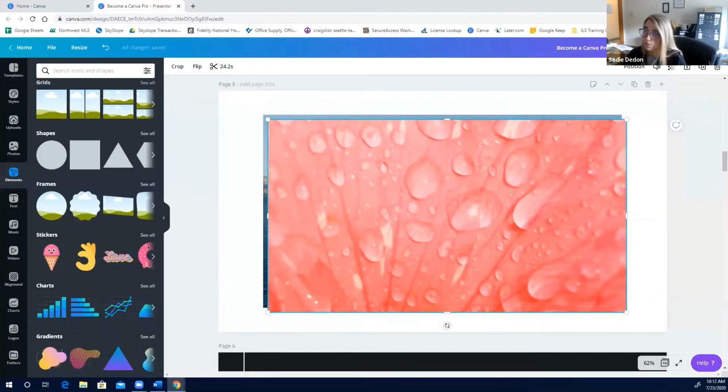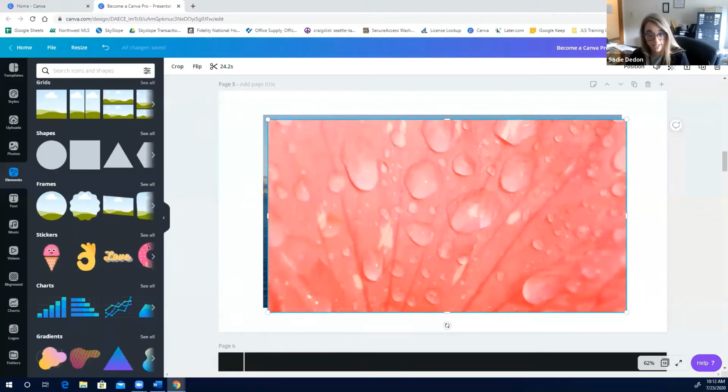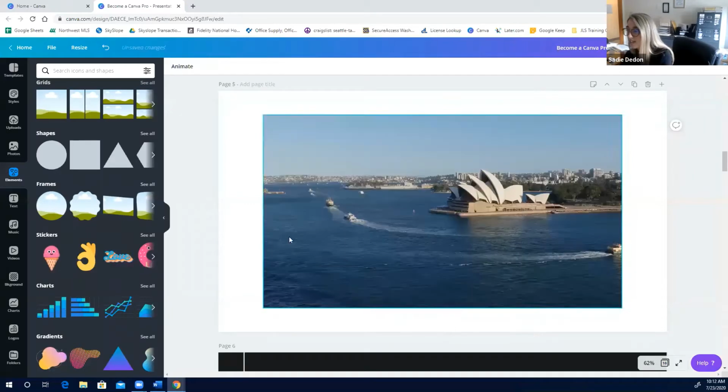So that's the first option. So you can choose a video through Canva. The second option is you can upload your own video. So when I go back to the dashboard,